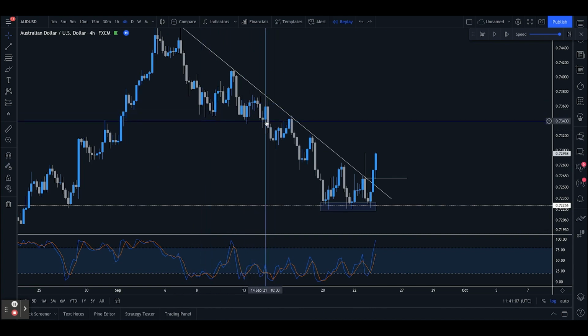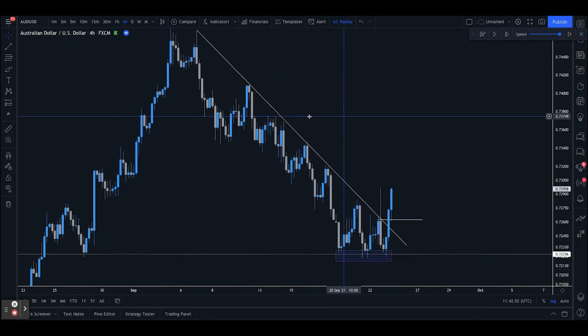If you bought here, you would have lost. And the only area that you may have got a profitable position in from buying was if you bought right in these lows with these oversold conditions. So you can see one possible opportunity for profits versus multiple losses that you would have taken based on the